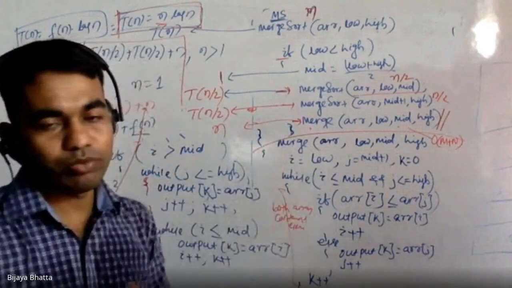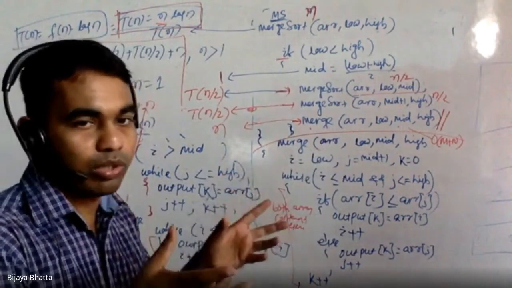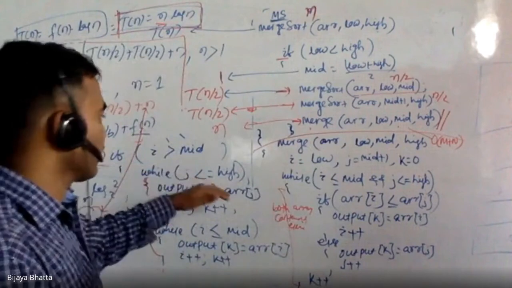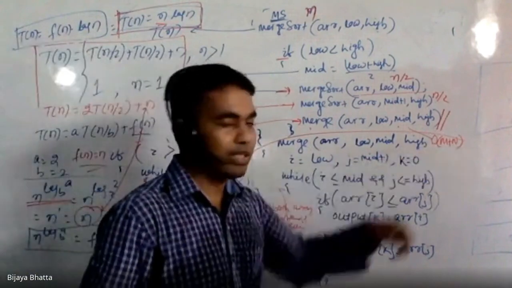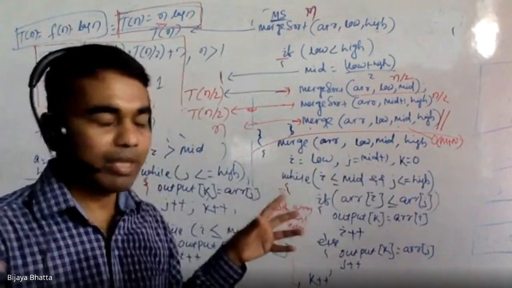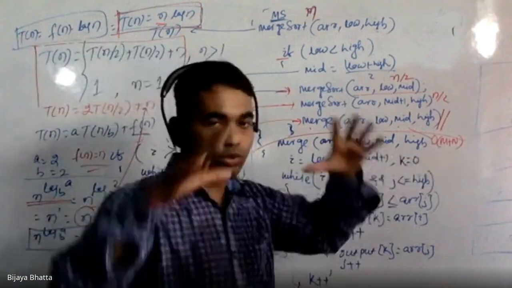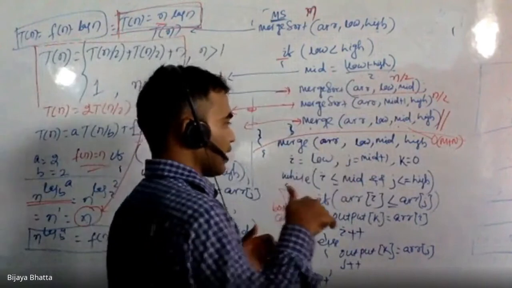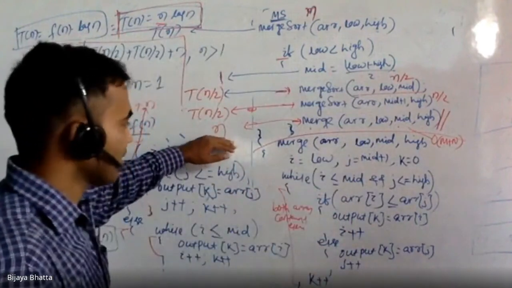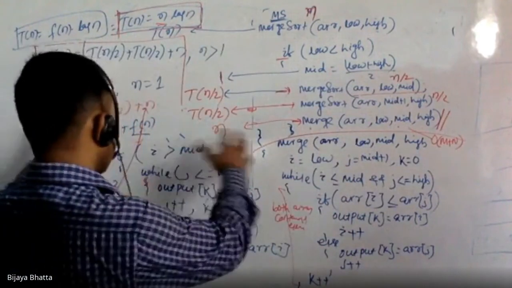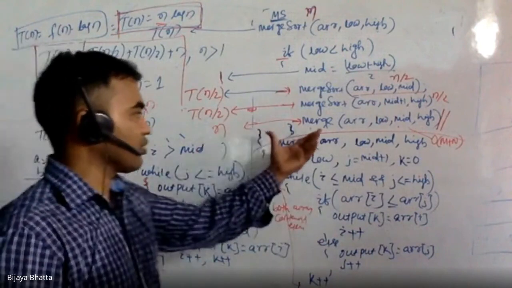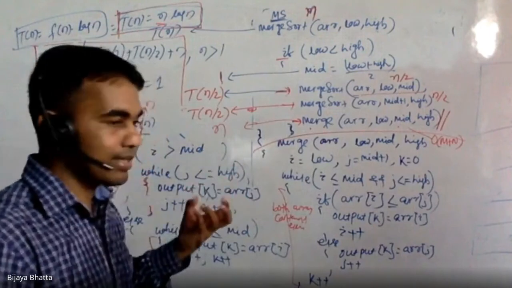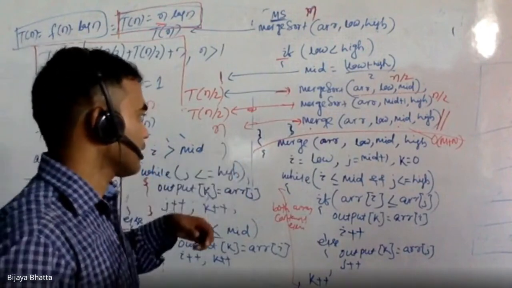The merge algorithm works on a principle which combines two sorted arrays into one array. Its time complexity is order of m plus n if the two arrays have sizes m and n. In our example, since we are taking a bigger array, the input size is n, so I treat it as order of n time complexity. So the bigger combination of two arrays is n, that's why I treat it as n.